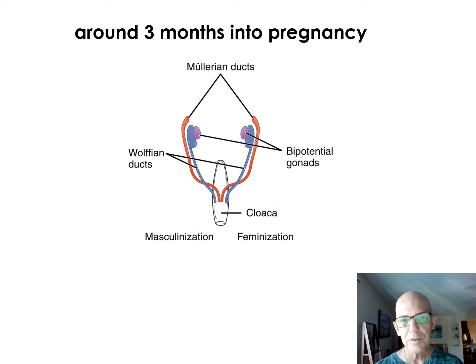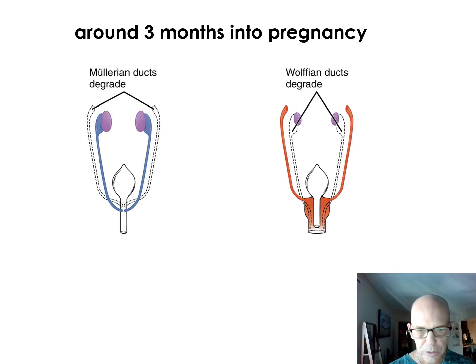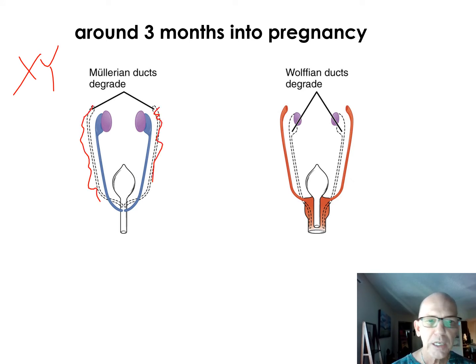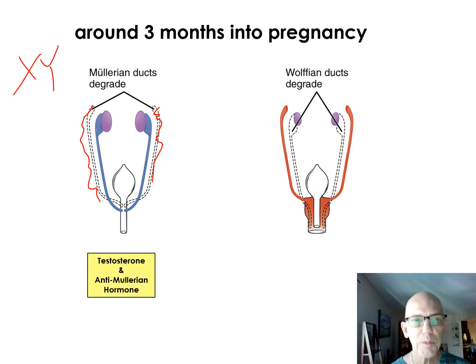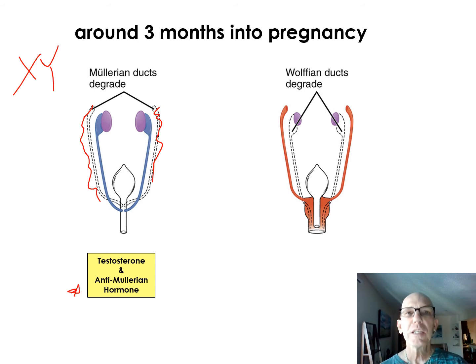Now let me get this off of here. Okay, so if you look at this, if you're XY over here, you're a man, and so you kill off the lady system. See how it's getting killed off? And the blue system comes up, which is the male system. Why? Because you produce the testosterone wash. So the testosterone wash, in conjunction with this thing called the anti-Mullerian hormone, kills off that lady system and brings